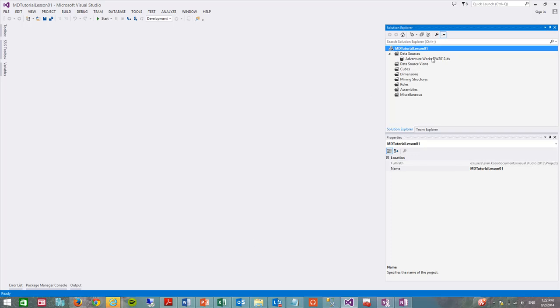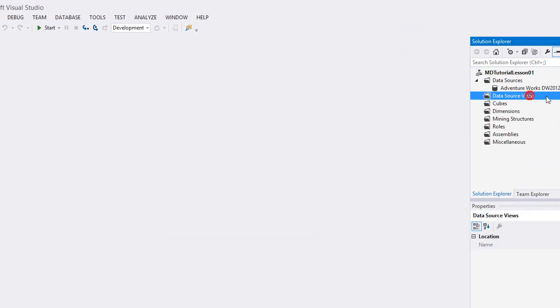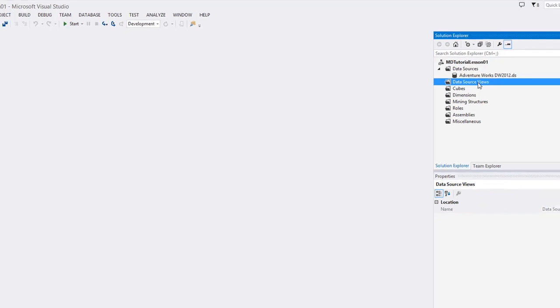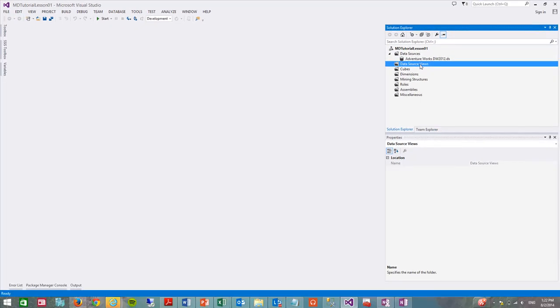So the second step, we already have the data source connection. Second step is to create or define a data source view. The data source view is like a logical model. It's an intermediate layer between your data sources and your Analysis Services cubes. And the data source view is a logical model where you can